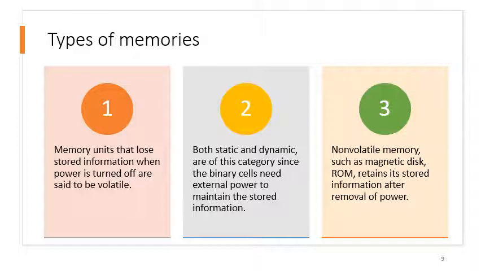So in today's class, this was the basic introduction of the memories and the types of memories, and we have discussed the two distinct types of random access memory, static and dynamic. We have seen their implementation structure or architecture: the static RAMs are implemented with the help of latches, which are primarily implemented with transistors on a chip. As far as the dynamic RAMs are concerned, the storage component is a capacitor that is used to store the information. So this is the primary difference between the static RAM and the dynamic RAM.